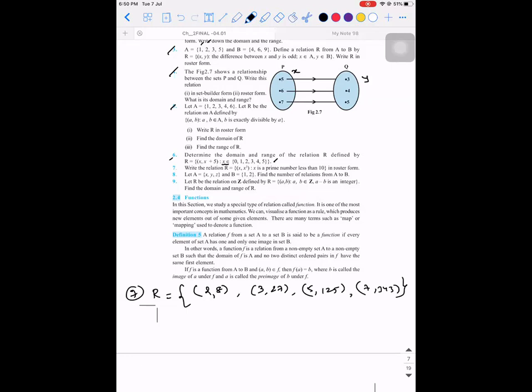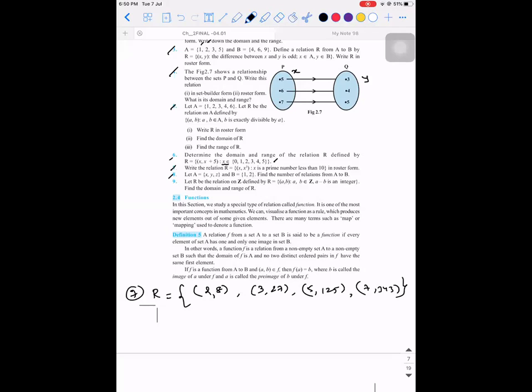So let A is equal to {x, y, z}, B is equal to {1, 2}. Find the number of relations from A to B. So this one is known, right? m and m into n. 2 power 6. 2 power 5 is 32, 2 power 6 is 64. So 64 relations are possible. So the 7th is over, the 8th is over.